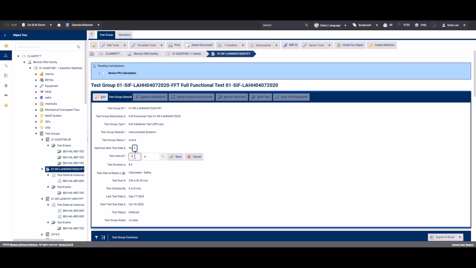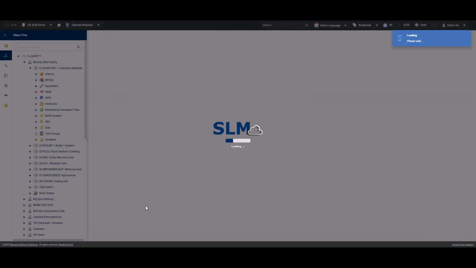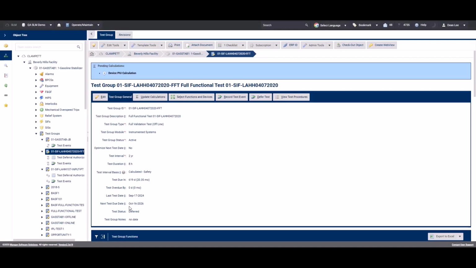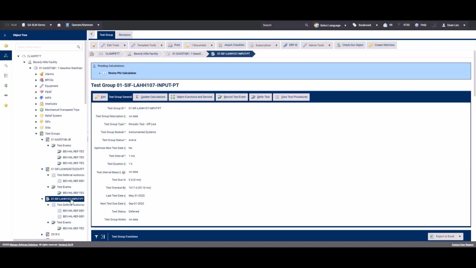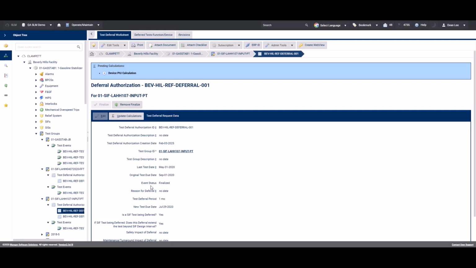If we update the test deferral to 2 years, we should see the next test due date is actually in 2026. And here we go, we can see that change has taken effect. When there's more than one approved deferral event after the last approved test event, we sum all of the test deferral periods. So in this case, we've got a test deferral period of 1 month for this deferral, another month